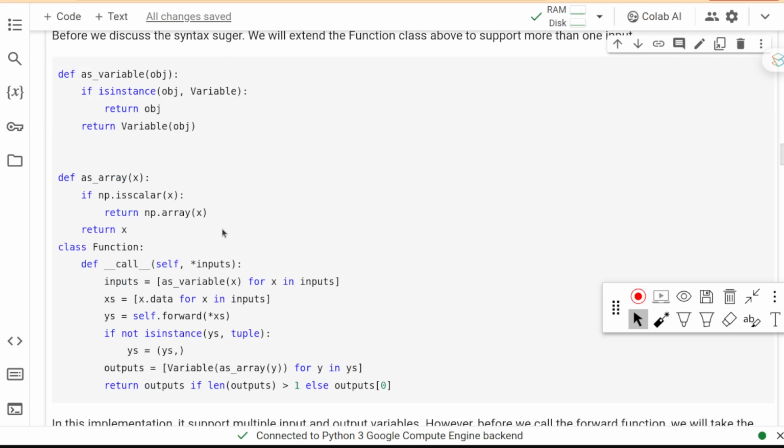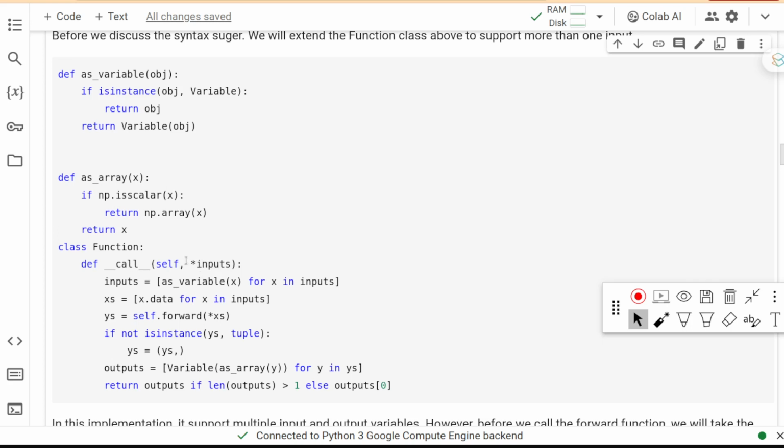Okay, but first of all, we need to rewrite the function. In the previous video, we took one argument for the call function only for simplicity, but for the add function, we need multiple inputs for the call function. So here is the code to do the job.